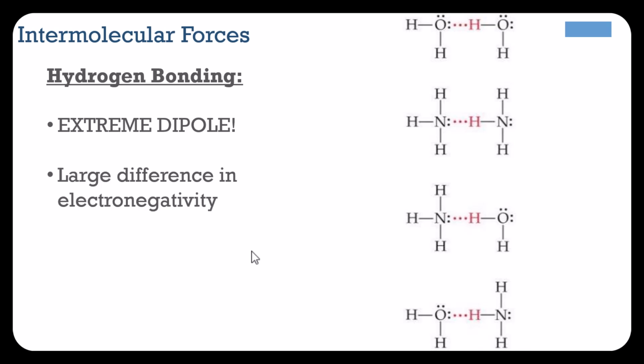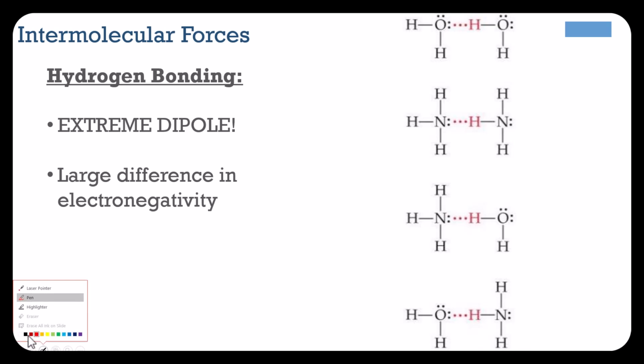The reason for this kind of elitist category is we're going to have atoms that are very, very small, and they're highly electronegative. So that's going to create very large differences in the electronegativities. So that separation of charge, that dipole moment, it's going to be kind of an extreme case. So that's why these elitists are in this category. So without further ado, I will introduce you to the elitist category.